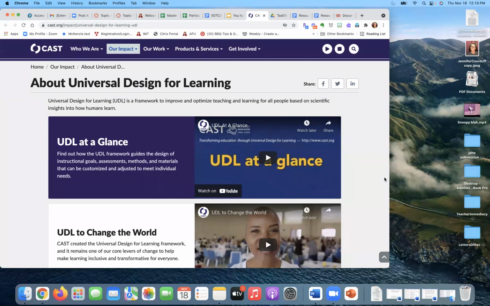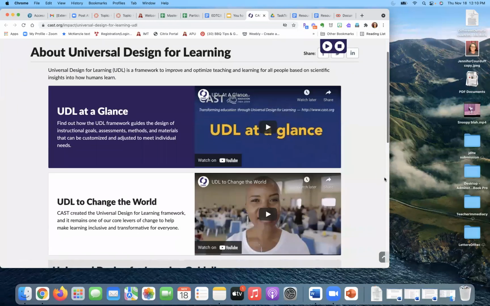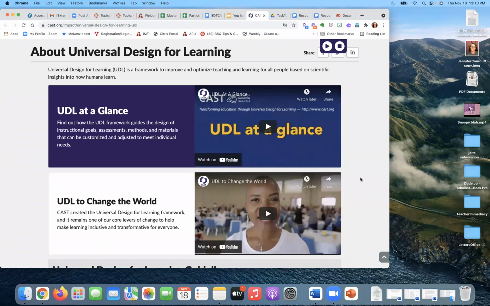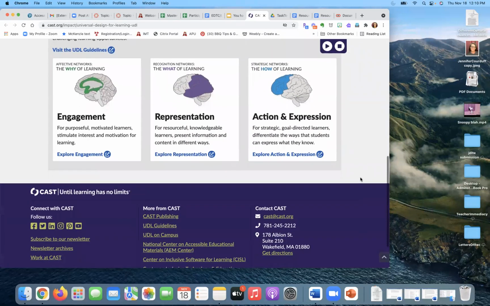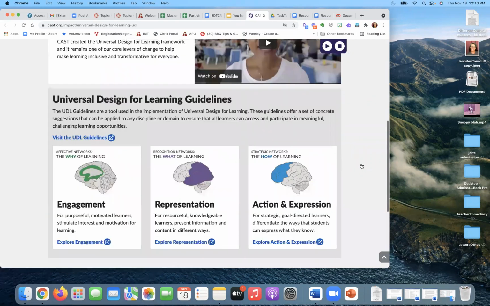Under that umbrella we have AT, AAC, all these supportive things that we need. So it's really important to keep UDL at the front of your mind when you're looking at activities for your kiddos. As you know, that means multiple means of engagement, multiple means of representation, and action and expression. Super important